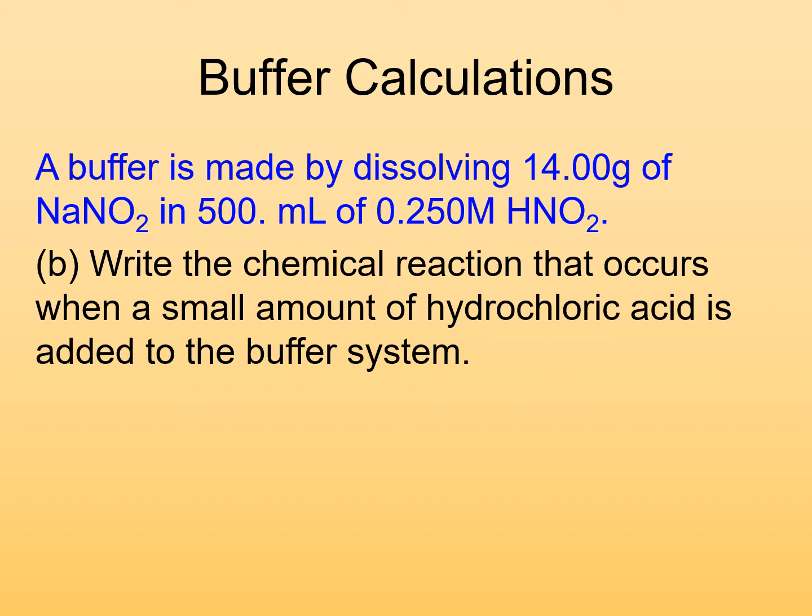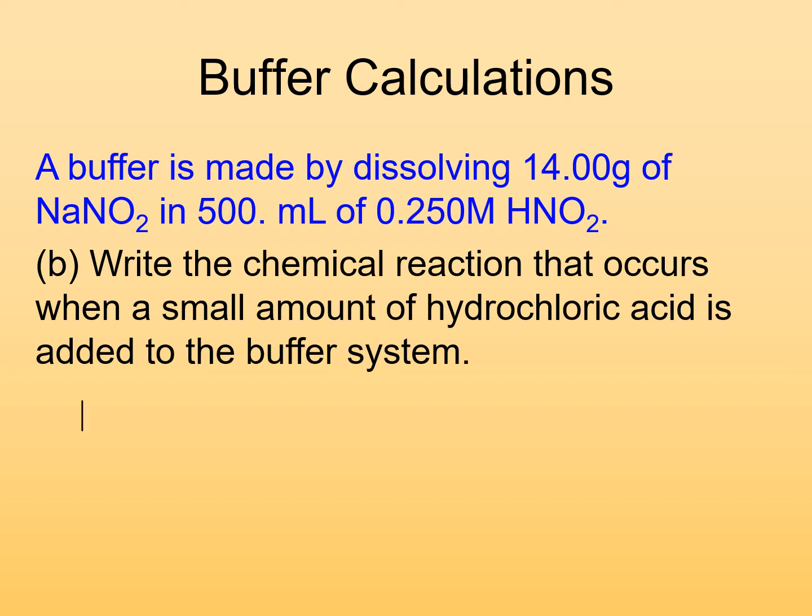Let's look at the second part. This one wants us to write a reaction that occurs when a small amount of hydrochloric acid is added to the buffer solution. So you have to pay attention to which part of the buffer is going to react. So hydrochloric acid is introducing hydrogen ions, which is going to react with the base part of our buffer, which is the nitrite